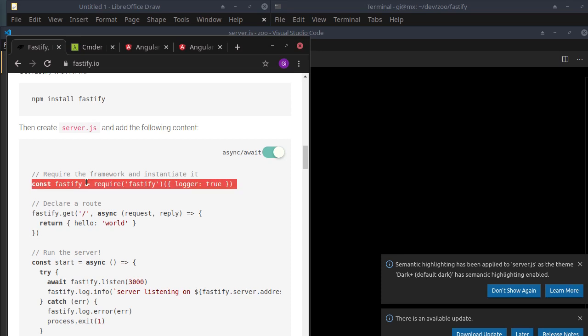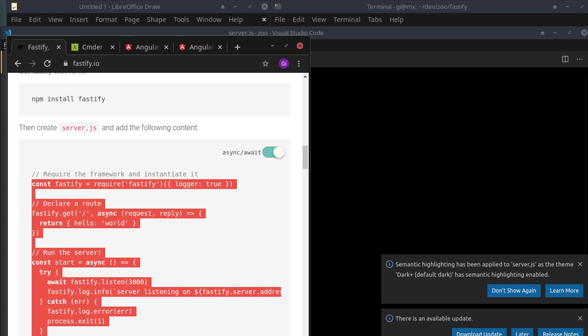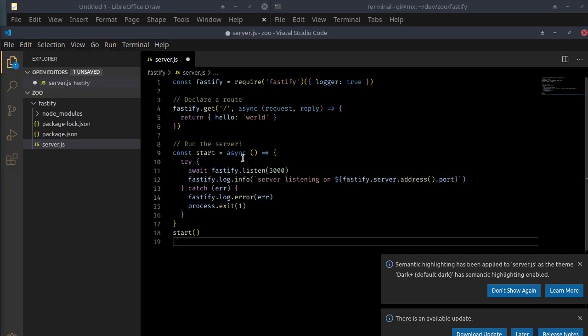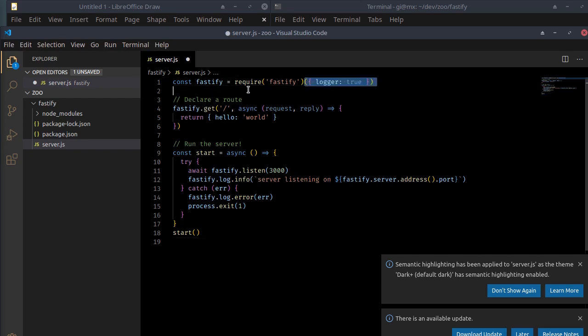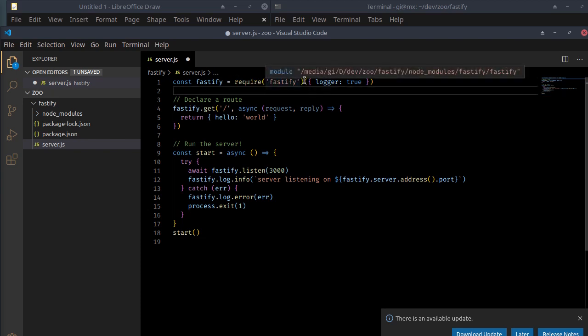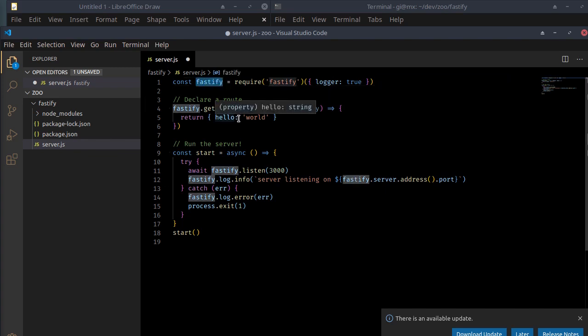So we include Fastify. I'll just copy this whole thing and we'll go through line by line what it means. So require Fastify gets the Fastify package that exists in node modules, which can have many other packages, and what it actually returns is a function that we call to create an instance of Fastify. In that call to the function we pass logger true